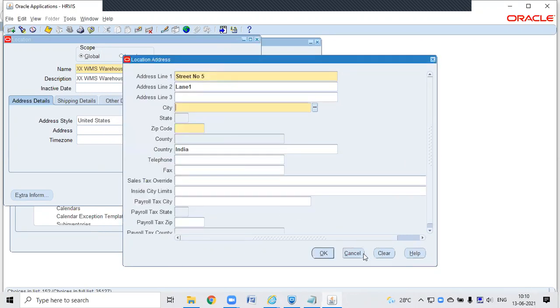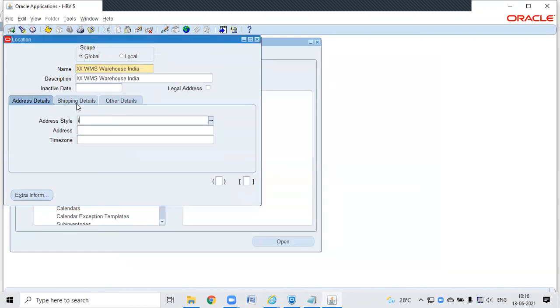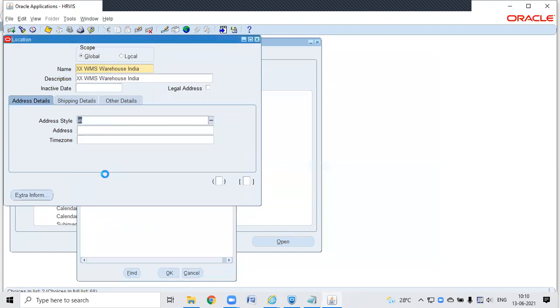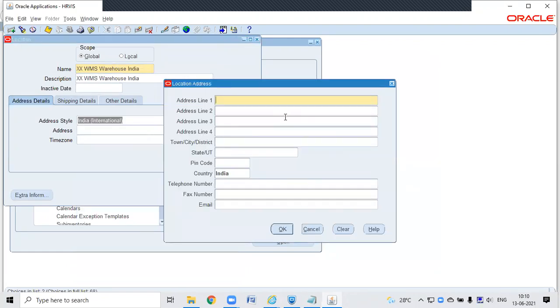Still the city. Let me check and change the status here, maybe. Yeah, now it will come up here. Street 1, lane 1. Yeah, something like that. Putting the street.